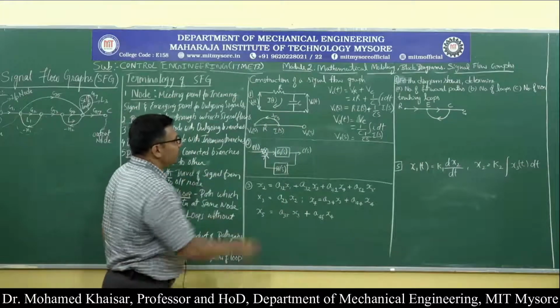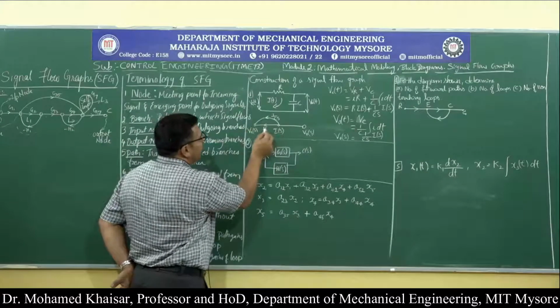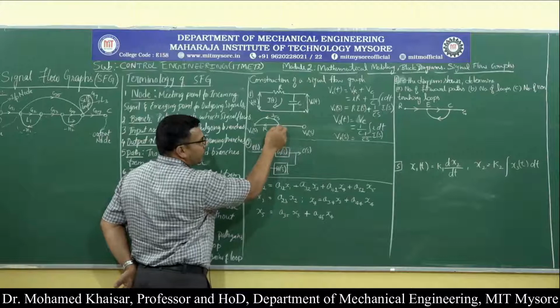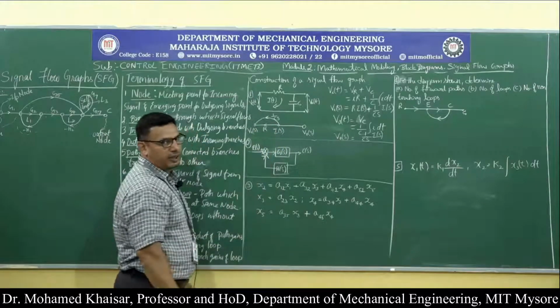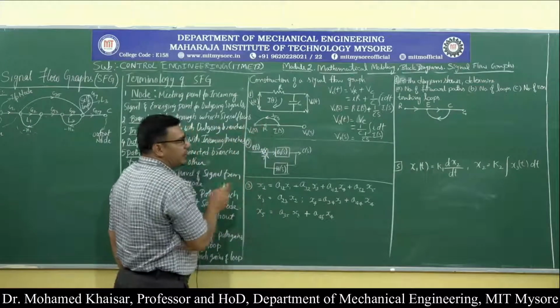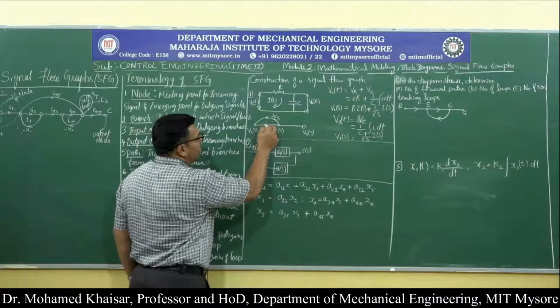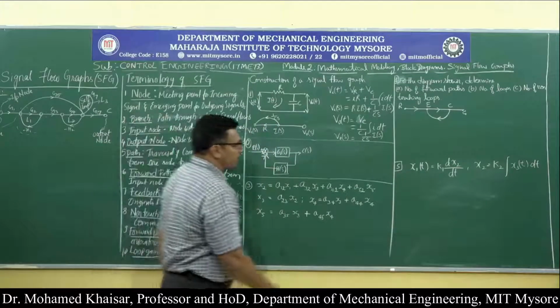What is the voltage across the resistance? It will be equal to R into I of S. You have to multiply the value of the node along with the branch gain. Since the voltage across the input is measured, the direction of the arrow has to be towards Vi of S. Why? Because as you have seen earlier also,